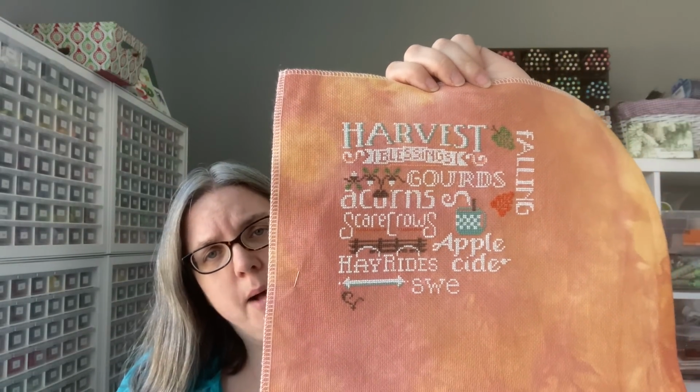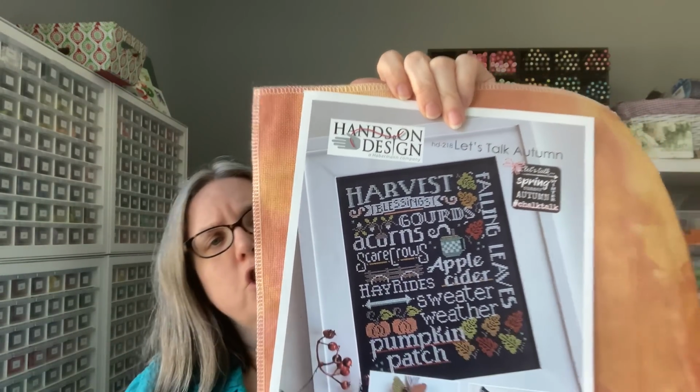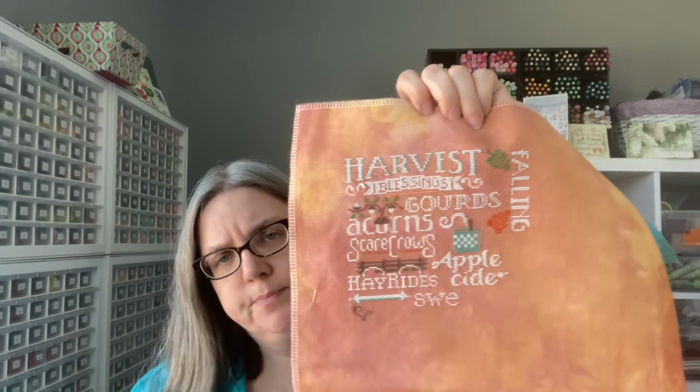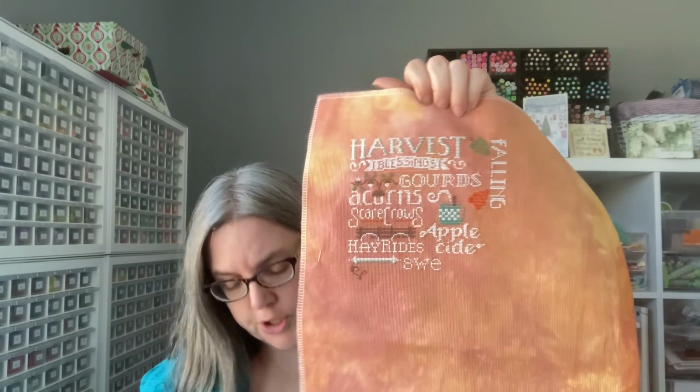Now, my biggest problem was that in order to stitch on this, I had to change some colors. Quite a few of the leaves just didn't look right on this fabric. I love the white on here, and I like a lot of the other colors. And I hit a wall because I finally figured out, I've stitched this green like 3 times, all different colors. I finally decided I liked it, and then I never wrote down what it was. And I want to say I did the same thing with the orange, and then